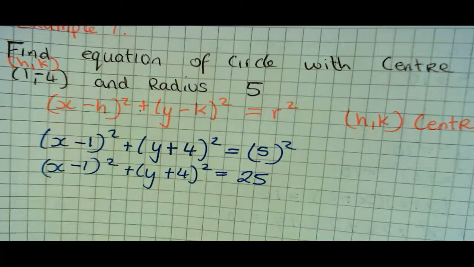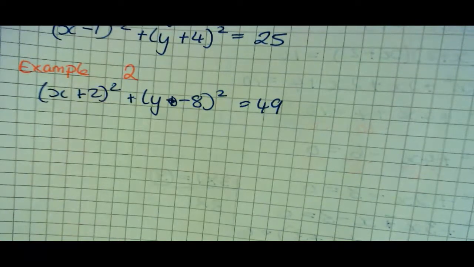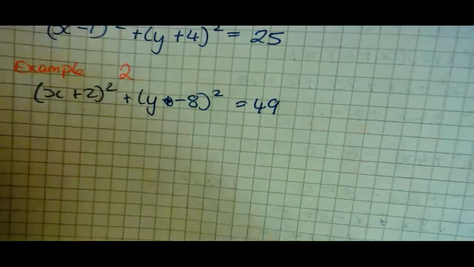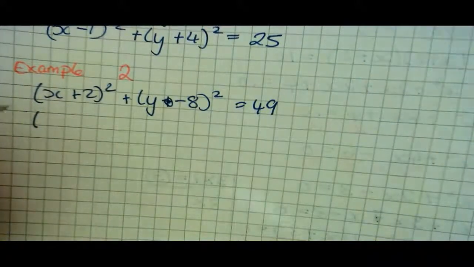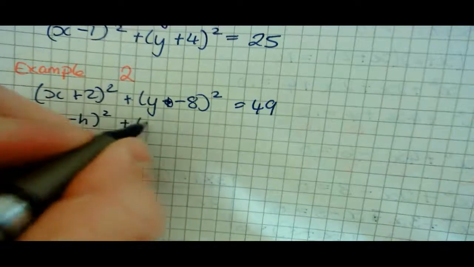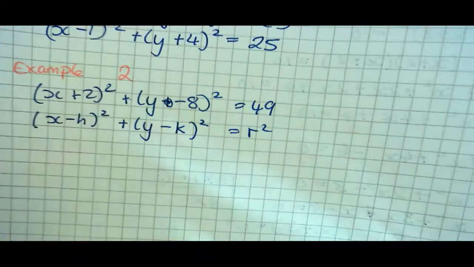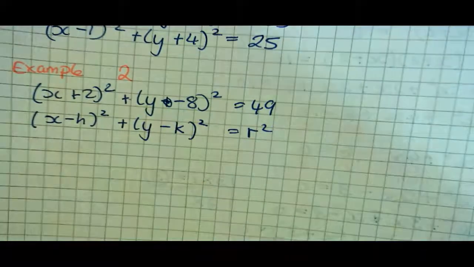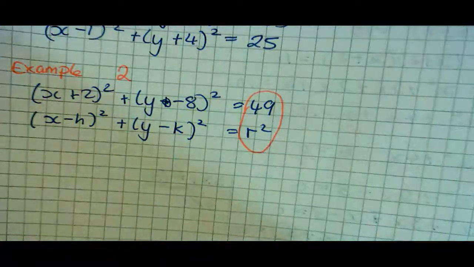So just another quick example there, example 2. x plus 2 to be squared plus y minus 8 to be squared is equal to 49. So again, if we're asked to write the centre and the radius of the equation, we know that x minus h to be squared plus y minus k to be squared is equal to r squared. So straight away there we can say r squared is equal to 49, and we can also say